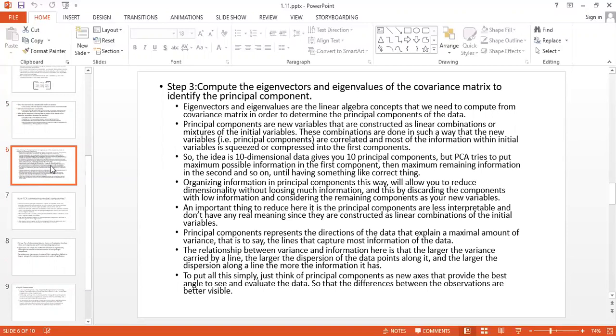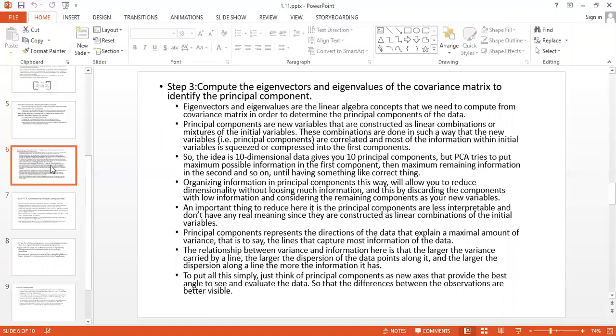So eigenvectors and eigenvalues are the linear algebra concepts that we need to compute from the covariance matrix in order to determine the principal components of the data. Principal components are new variables that are constructed as linear combinations or mixtures of the initial variables.